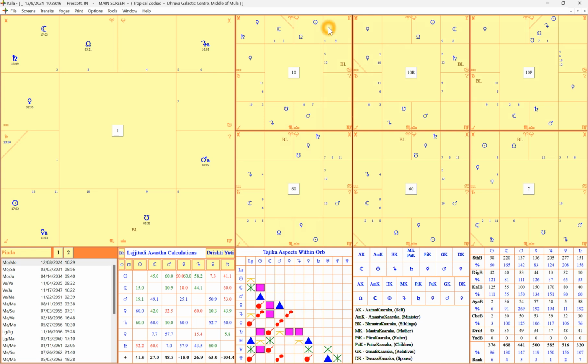Okay? So what's strange about that is the pattern. If you write this whole pattern down, you'll see it's kind of odd. It doesn't follow a pattern like the other Vargas do. The other Vargas always follow some kind of cool pattern. Okay, so in the reverse option, okay, the Parashara reverse option, what happens is